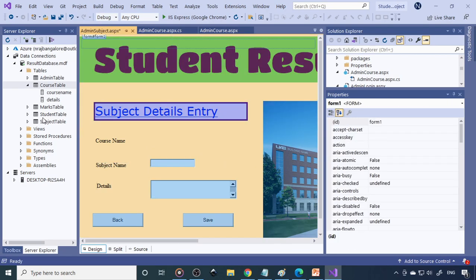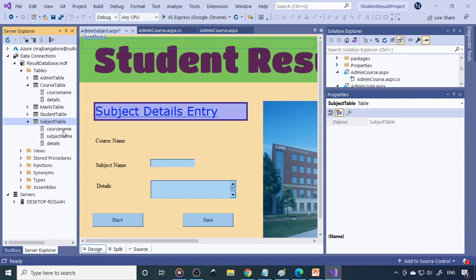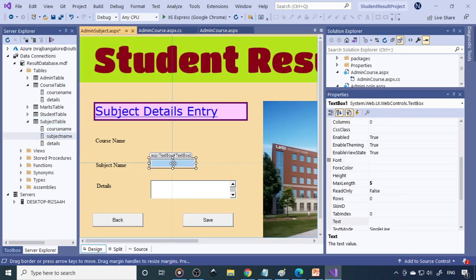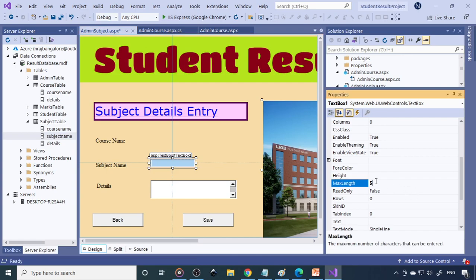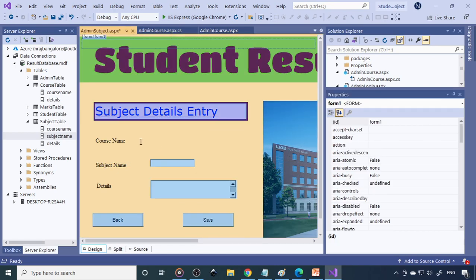Then I'll take this subject name a little down. Right. For subject name, how many characters do we provide? We provide 20 characters. So take care, now you need to make it 20. Otherwise you can't enter more than 5. So 20. This 50 is okay. Now course name. The course name is already entered, so we need to bring that one. You need to link to the table. Therefore you need to select the one from the list.